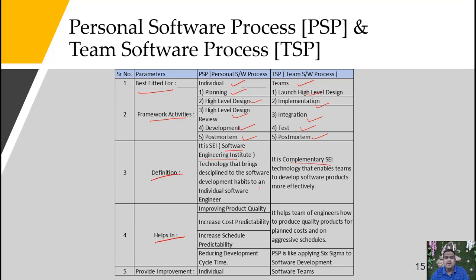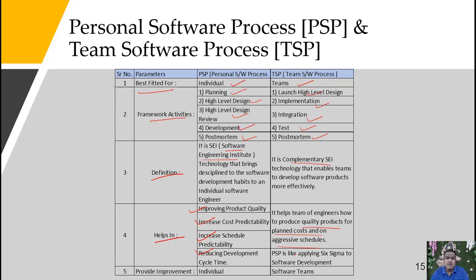Fourth point, it helps in improving product quality. PSP increases productivity, increases schedule predictability, and reduces development cycle time. Under TSP, it helps a team of engineers learn how to produce quality products and plan cost and aggressive schedules.